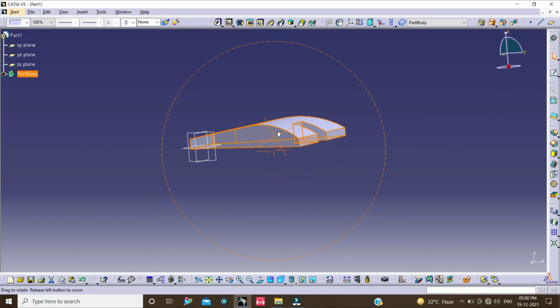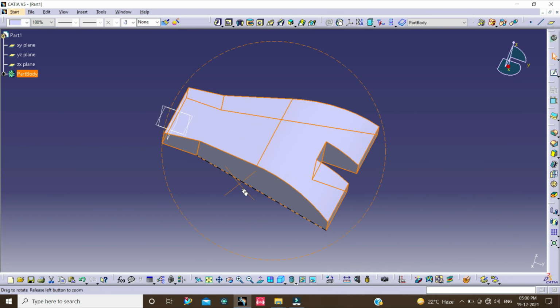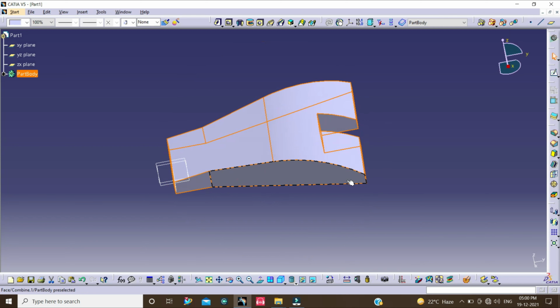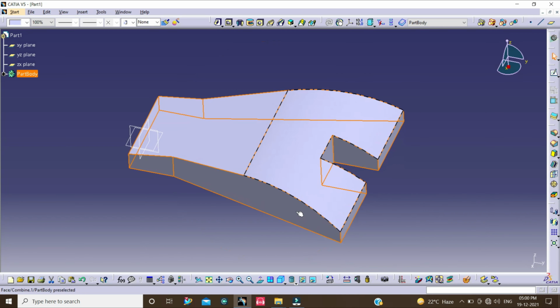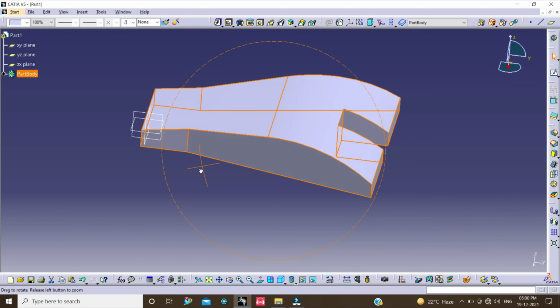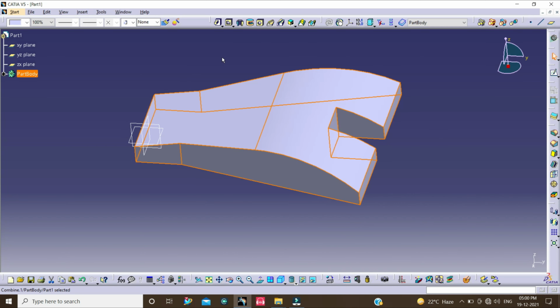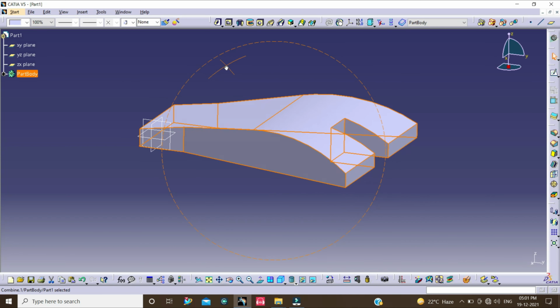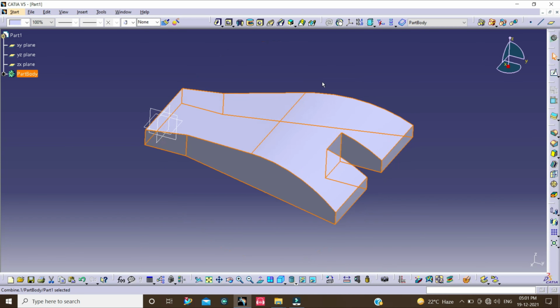Now we can see here we have one closed body. We created this body from two sketches by using the solid combine command. Thank you.